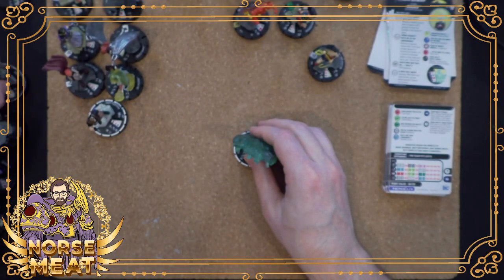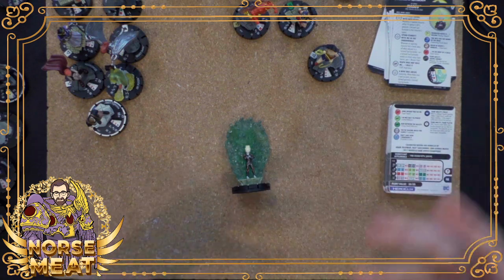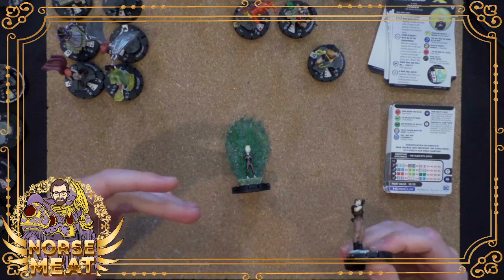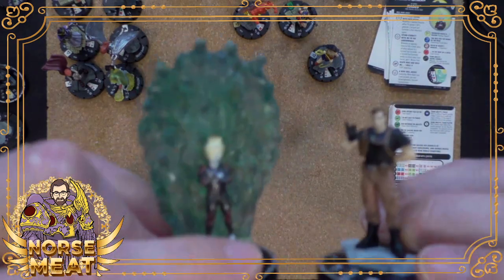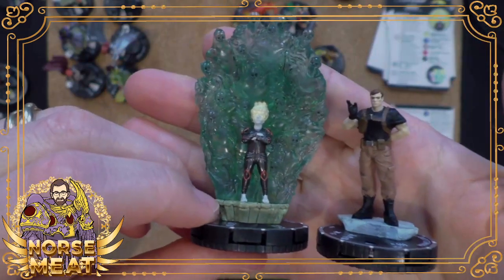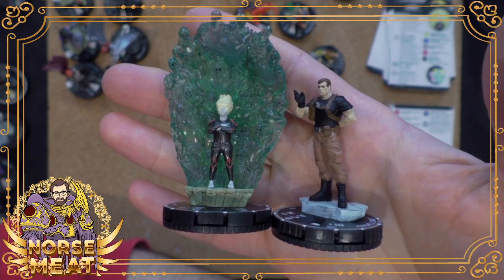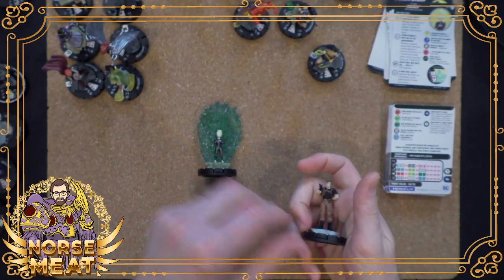But I should say I pointed this out in my review, but for those of you who might be interested in HeroClix, wanting to know a little bit more about it. In the last couple sets, another new mechanic that WizKids has quietly introduced, they haven't made a big deal out of it, which is interesting, is some figures have alternate ways of adding win conditions to your game. So figures here like Maxwell Lord and Hades have traits, special abilities that work in really unique ways, and